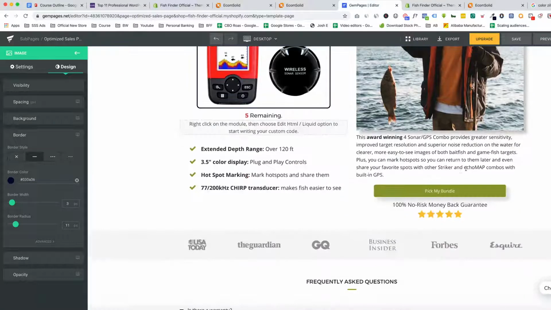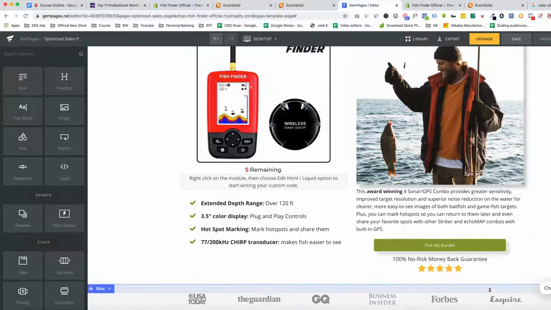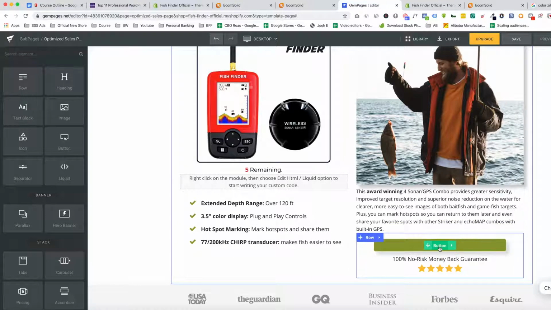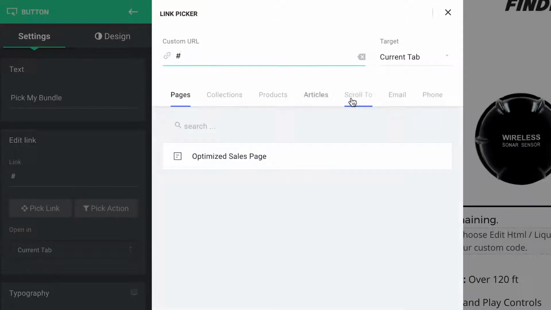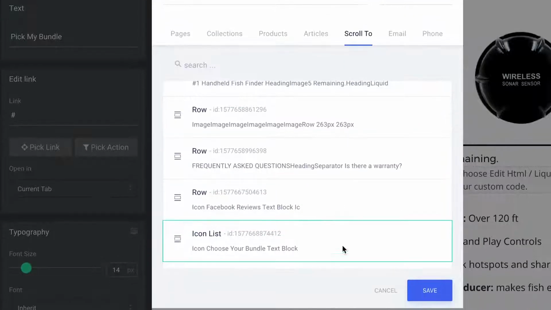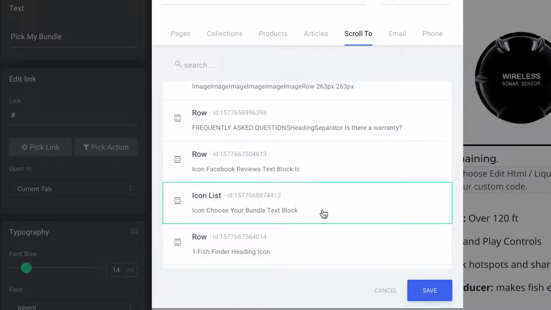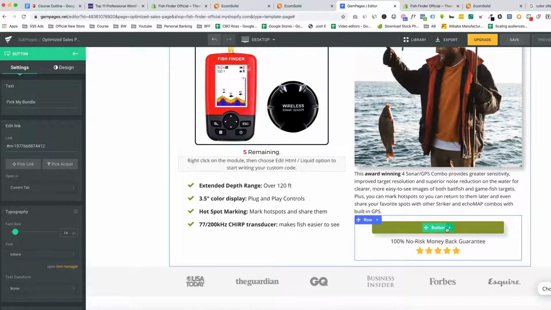Now, the last thing I want to show you, since we're finishing this landing page, is what I do with some of these buttons that aren't actually the add to cart. Since this one says pick my bundle, I like to make this a scroll to section button. So here's what I mean. I click on this, I click on edit link over here, I pick a link, but I actually want to do a scroll to function. And that way, now it'll scroll to my actual bundle. So I can choose right here, icon list, save, and now anytime someone clicks this button, it'll